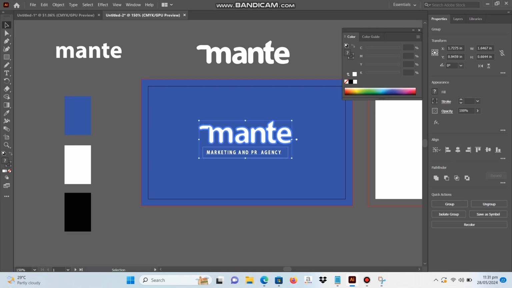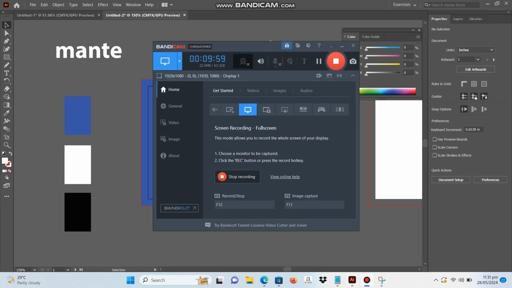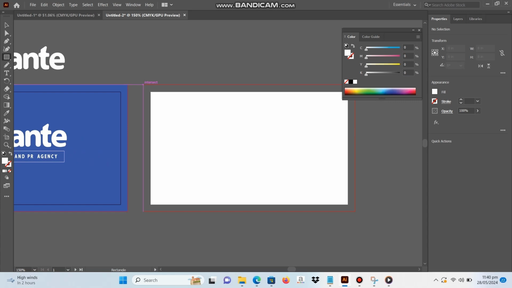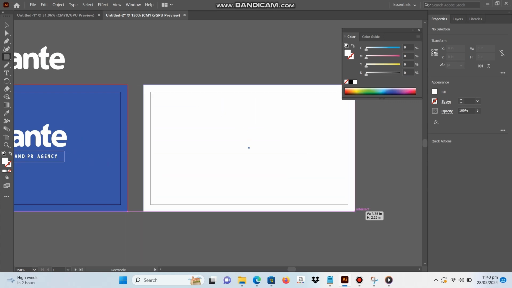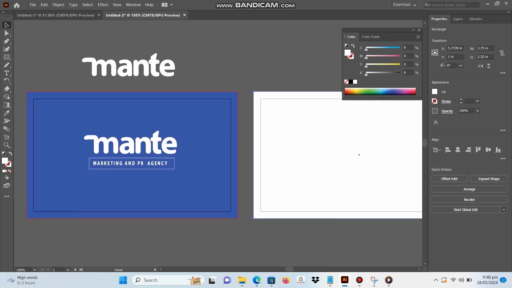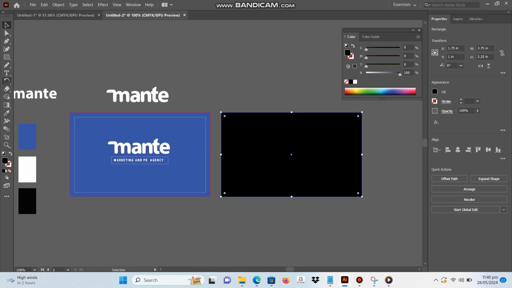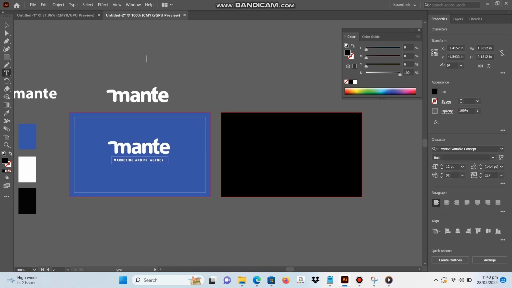So after using the alignment tool, it's not working the way I wanted, so I'm going to manually adjust the alignment to maintain the center of this name. So now I'm going to design the back side of the business card.